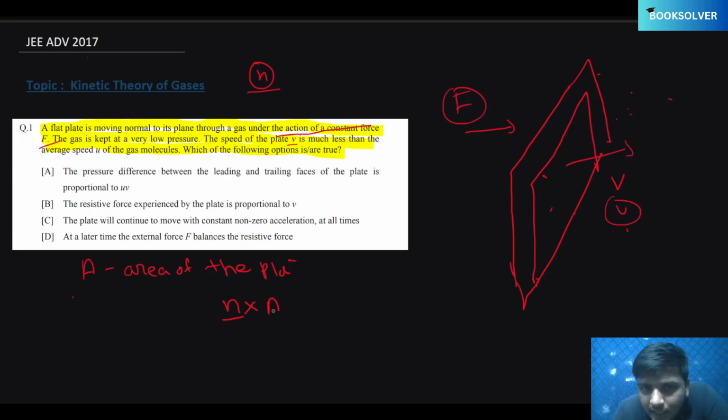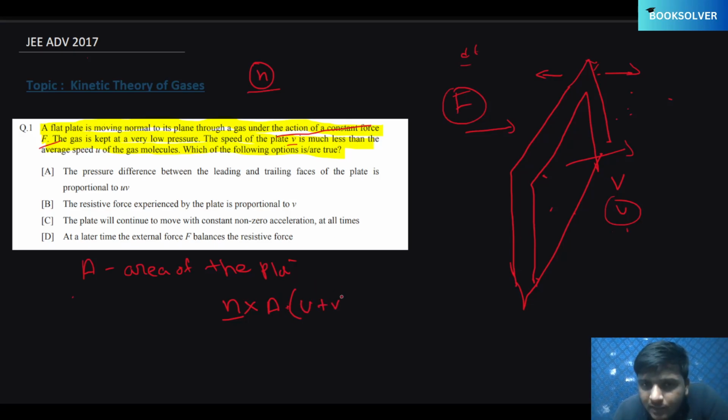If we multiply it with the area, and in time dt the plate will cover some distance, that will be nothing but v dt here. So n into A. Now suppose there are n particles here. Some of them will be moving this side and some of them will be moving that side also. There is no possibility that all particles are moving towards the plate. So we can write